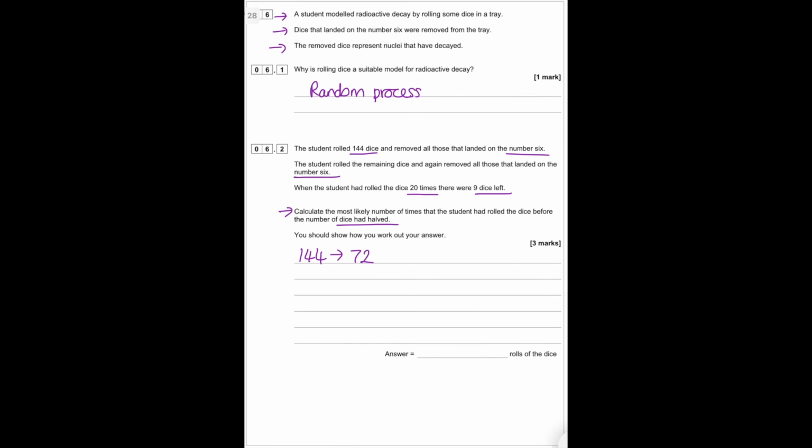So if we think about this, if you have 144 dice, the probability of it not landing on a 6, so the ones that are remaining, is going to be 5 out of 6. So we've got to calculate how many times we get that probability of 5 out of 6, which are not the number 6, until we get closest to 72. So 144 times 5/6,